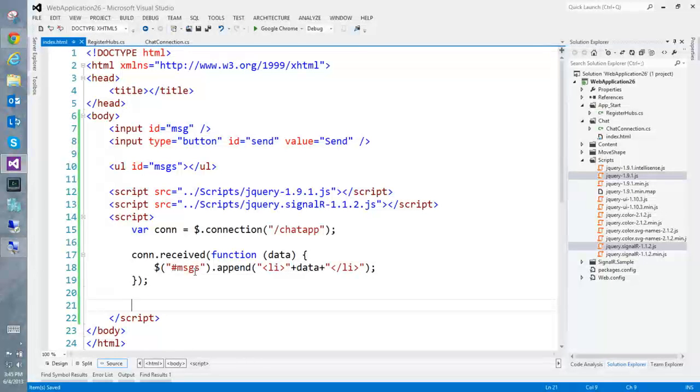Okay, so now when I get messages, I can put them into my UI just by appending some HTML to my UL. And then I'm going to wire up the sending once I've started the connection. So we'll say con.start. When that's done,